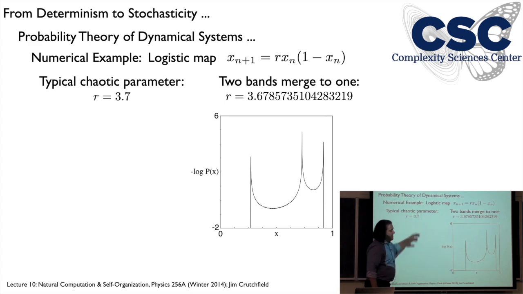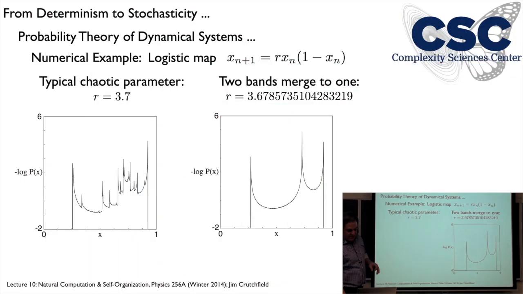And then at 3.7, well, I just showed you that, just to give the visual contrast, a typical chaotic parameter value, where we get this very complicated set of spikes. So this is the analog to the tent map of having this many different steps, all these different spikes in there, which makes it hard to prove things in particular about this.